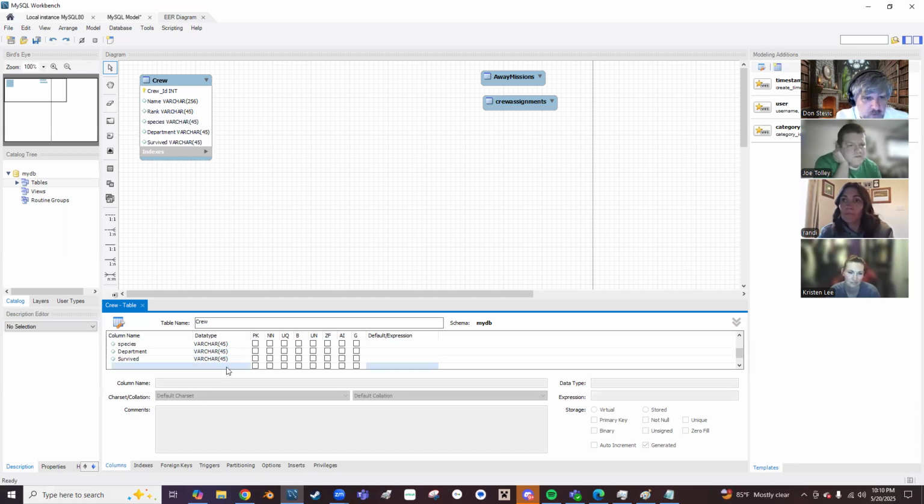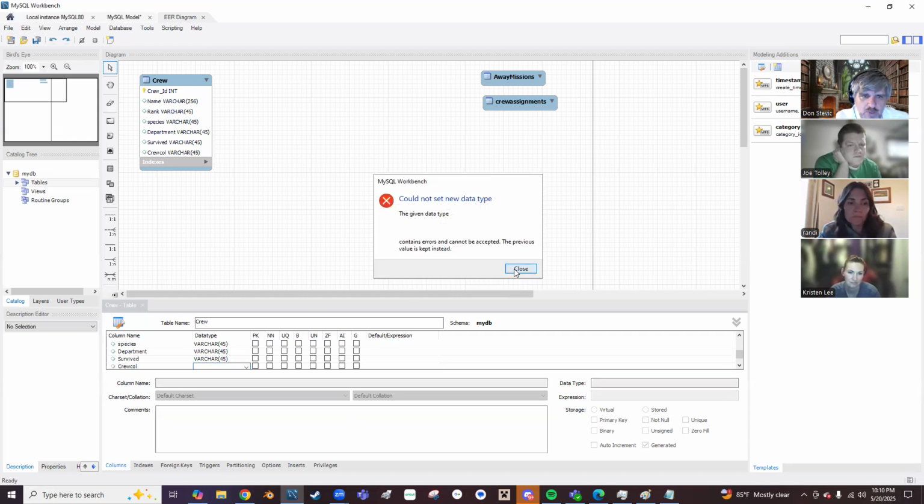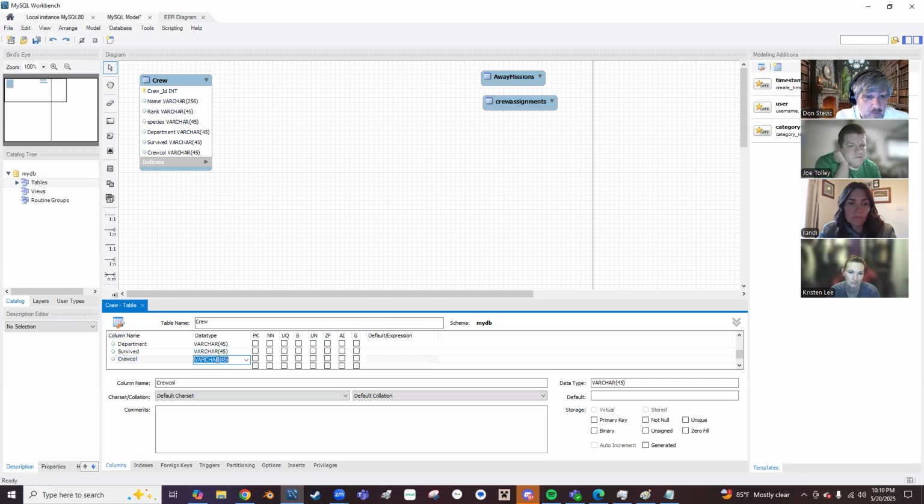And we're gonna make this one. I want to make this one. Okay. So bit is 1 or 0, on or off. And we want to do default. Default expression is going to be, we're going to default it to 1. So we're going to assume that everyone is alive when we're done with the mission. Okay. Now,